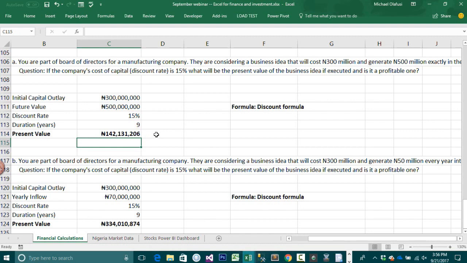So once I do that, you can see what it comes to, which is a lot less than what you have borrowed, right? So you shouldn't go into the business because you put in 300 million naira, and the whole business is not giving you back what you put into it. So you will not want to go into the business, right? You put in 300 million naira, you get 500 million naira after 9 years, and you're using a 15% discount rate, and you see that it's not worth it. So moving on,